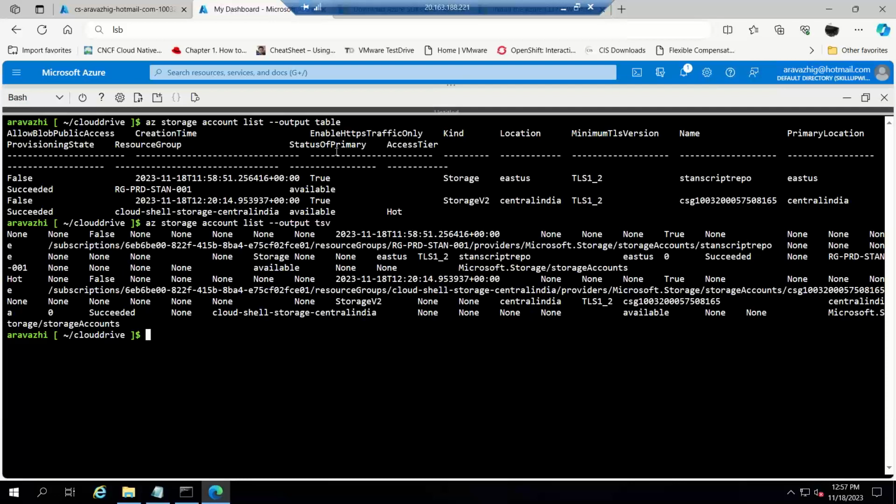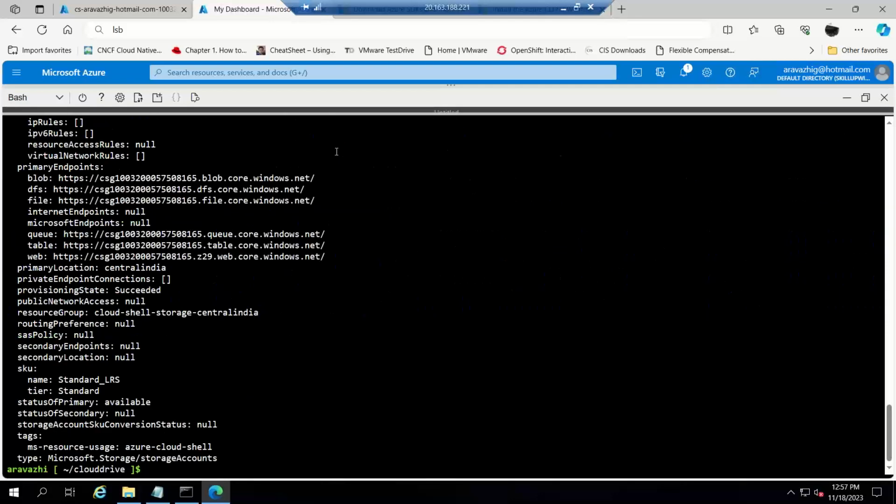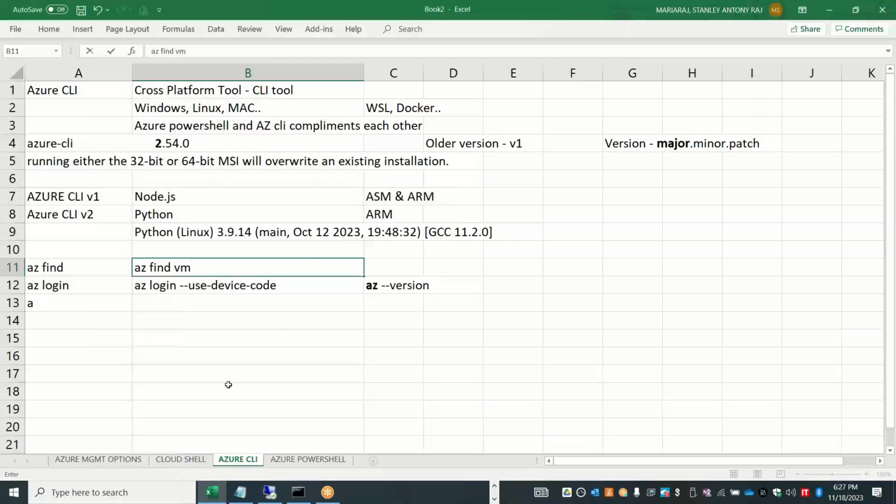And if you want to get it in a JSON format, or if you want to get it in a YAML format, I think it supports YAML also. So YAML is mostly used nowadays in many automation, right? Infrastructure as code. So you can just copy the code for the storage account, and you can use this YAML output. Okay, so output is a very good argument. So whatever we are using with a hyphen or a double hyphen, they are all called global arguments. Okay, so now